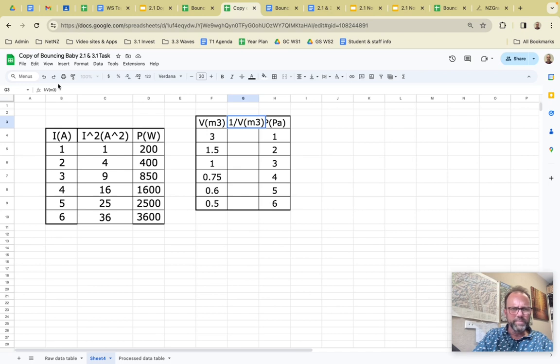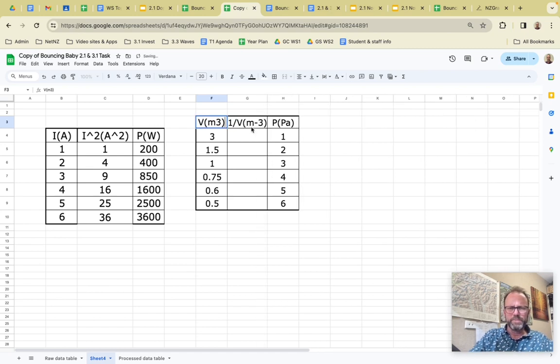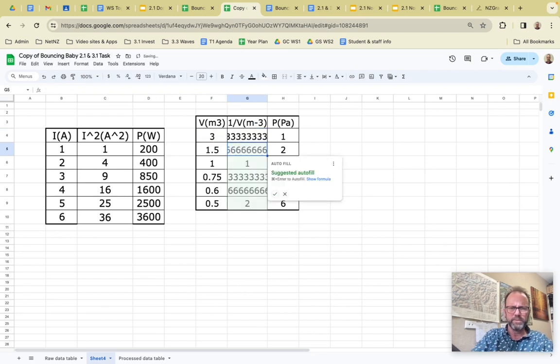Okay, and if you're thinking about it, that's going to be -3 in there, because the volume's on the bottom. Okay, that's just a bit complicated. Let's make that a bit wider. Okay, so equals 1 divide, slash is divide on the keyboard here, that cell, and it does look awful, but then we can go